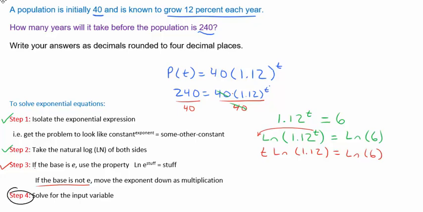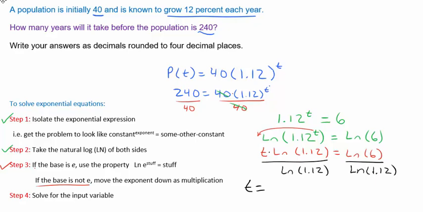Moving on to step 4. Step 4 says to solve for the input variable. This is a simple step because I simply have some number times t equals another number, and since it is being multiplied, I can divide both sides by the ln of 1.12, leaving me with the answer that t is exactly equal to the ln of 6 divided by the ln of 1.12. If I was asked to give an exact answer, this would be it,